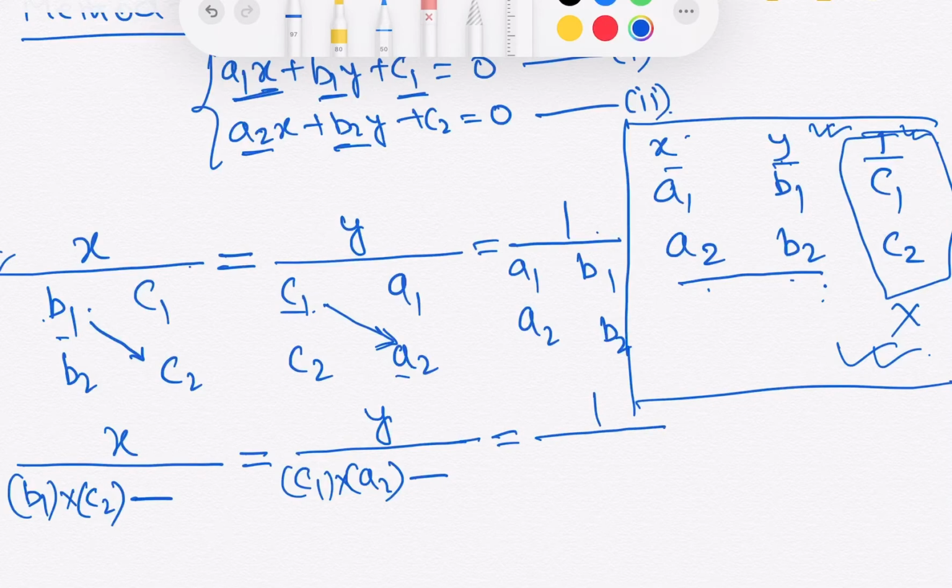So now similarly you draw a downward arrow from corner, first element to fourth element, corner to corner. Now this means a1 multiplied with b2, a1 into b2. Then you draw a negative sign here. This is the rule. After that you write the upward arrow, from which element to which element. So now this corner, third corner to second corner, you draw the upward arrow.